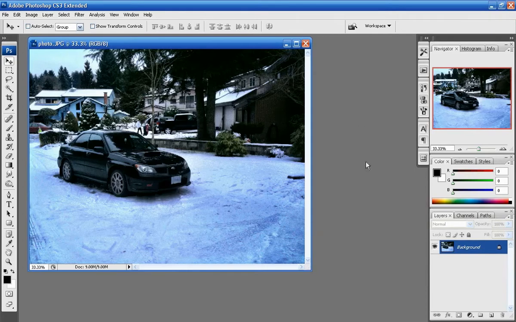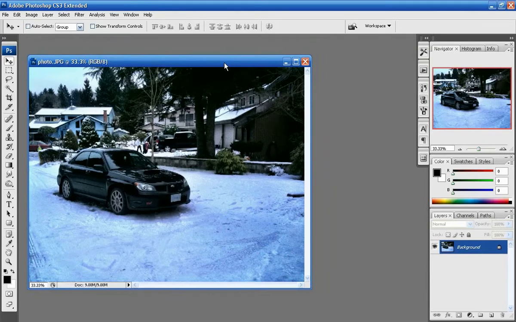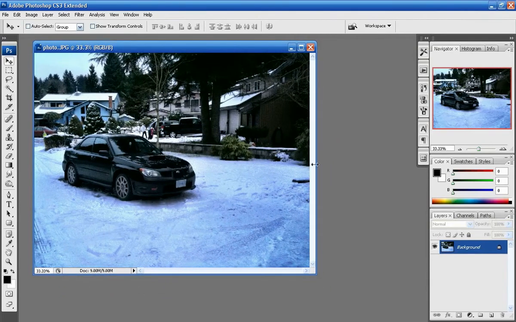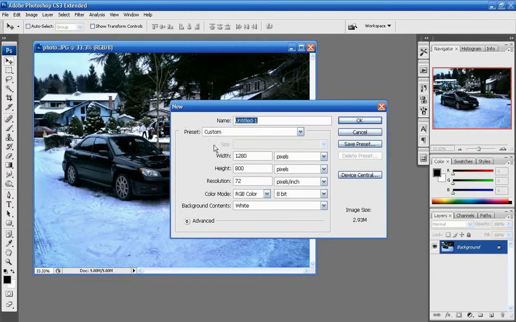Today we're going to be creating an abstract wallpaper primarily using filters in Adobe Photoshop. So the first thing you see here is I have a stock image open. This is just the image of my front yard. Any image will do. But to set up the project, we're going to go to File, New, and we're going to just create